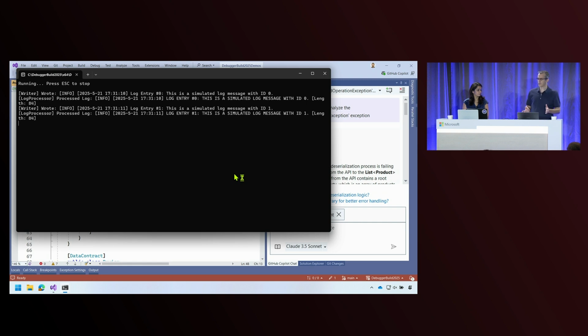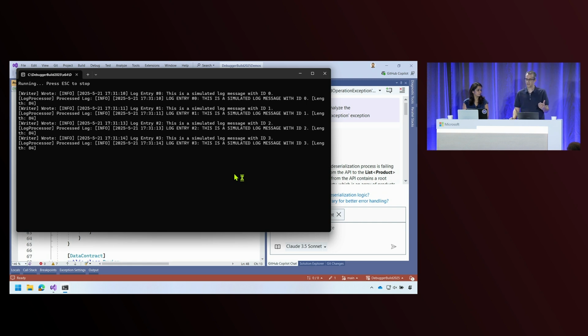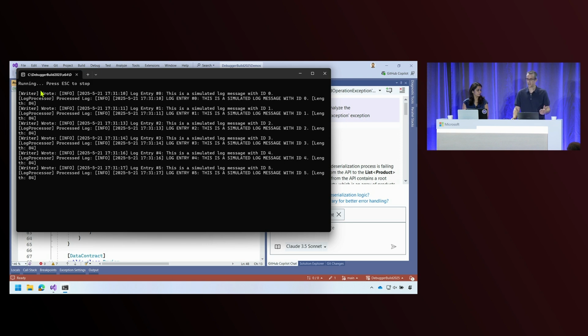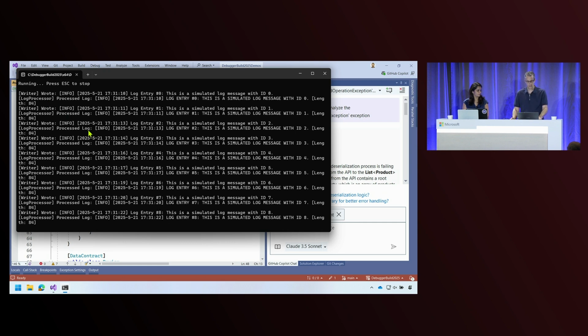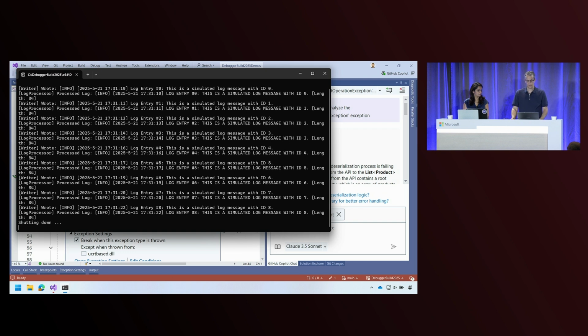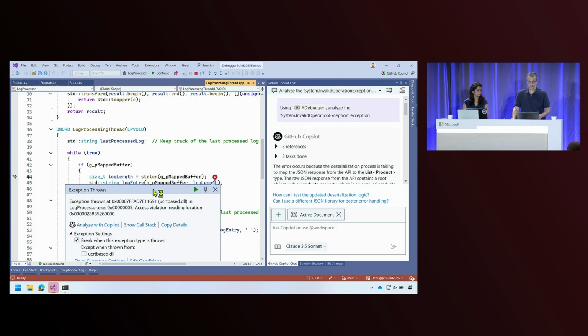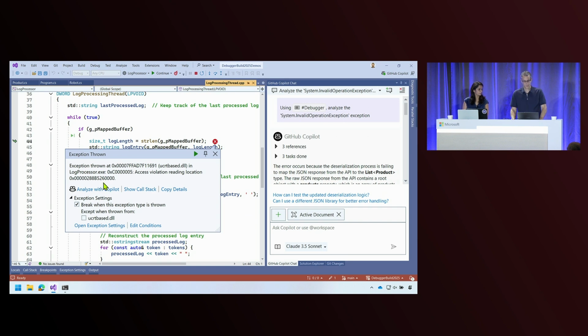We don't need to go into the details of the application, but what's happening is we have multiple threads. One thread is writing a log message, and the other one is writing it from the same buffer. And everything seems to be working fine until we hit the escape key to shut down the application, and that's where we run into an error here. Basically an access violation issue. We don't need to understand the code really. The only thing is, if you look at this buffer variable we have here, you can tell it's pointing to some invalid memory location. So that's the immediate issue for the access violation error.